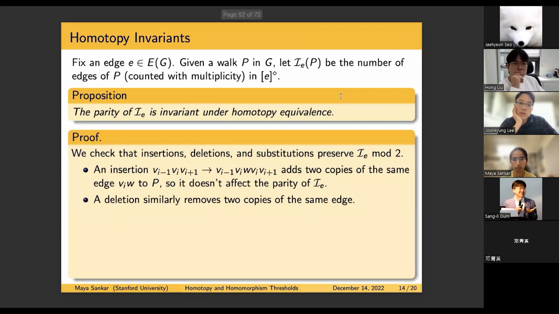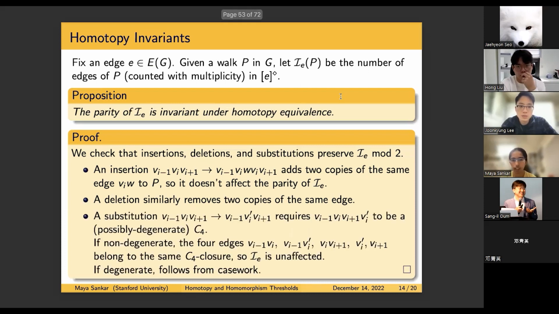So let's prove that. Basically, we have to check that each of our three steps preserves the value of the invariant mod 2. First, insertions: we're adding a there-and-back-again step, so we're adding two copies of the same edge, v_i w. Either v_i w is in the C4 closure, in which case I_e goes up by 2, or it's not in the C4 closure, in which case I_e goes up by 0. And then a deletion is the opposite of this. It removes two copies of the same edge. So either that edge is in the C4 closure and we go down by 2, or that edge is not in the C4 closure and we go down by 0. And the last thing to check is that